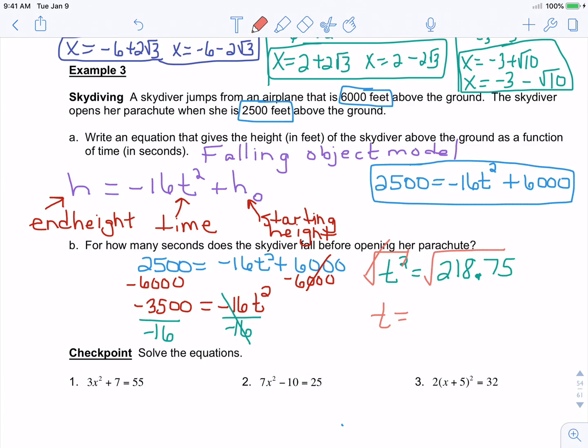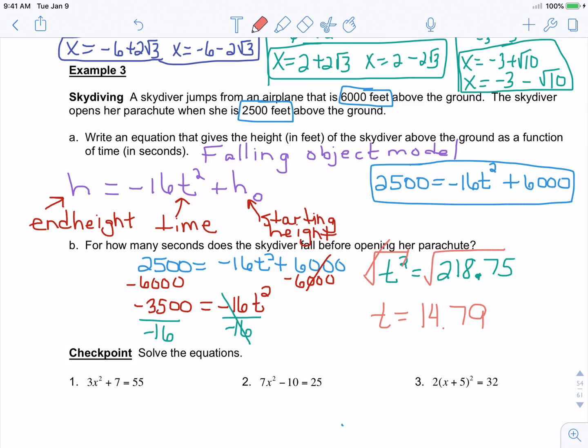And again, in your calculator, we're not trying to find a perfect square. We're actually going to use a decimal. This is the only time you're using a decimal. So you're using the square root, second x squared, 218.75, and place that in your calculator. And I have